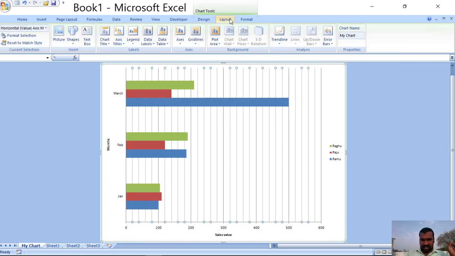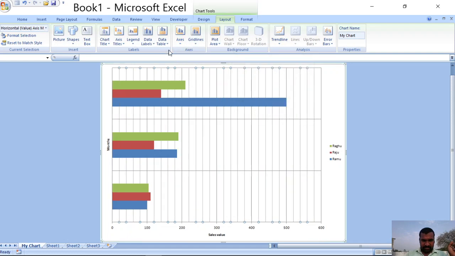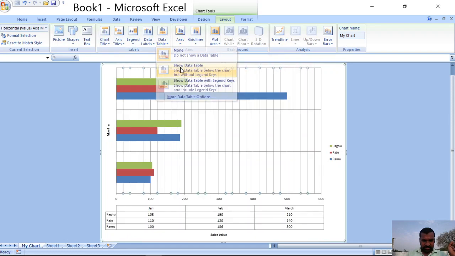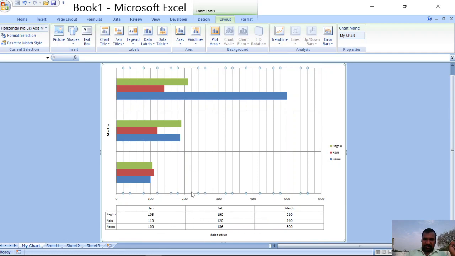In the layout we have several options, for example grid lines, axis, and data table. Now it is displaying the table along with the chart, so that it gives a more clear-cut idea about the chart as well as the data, right?